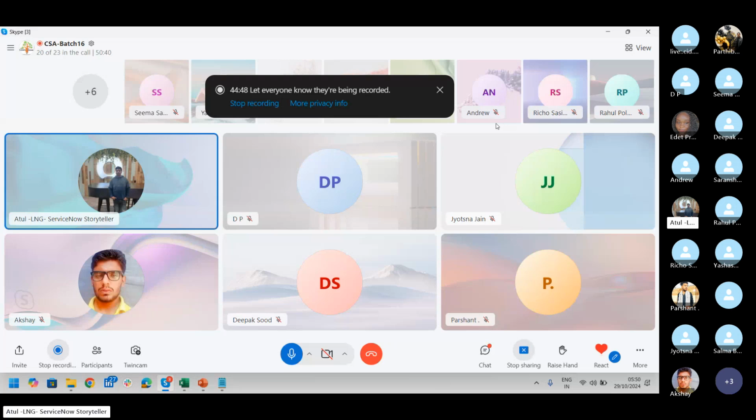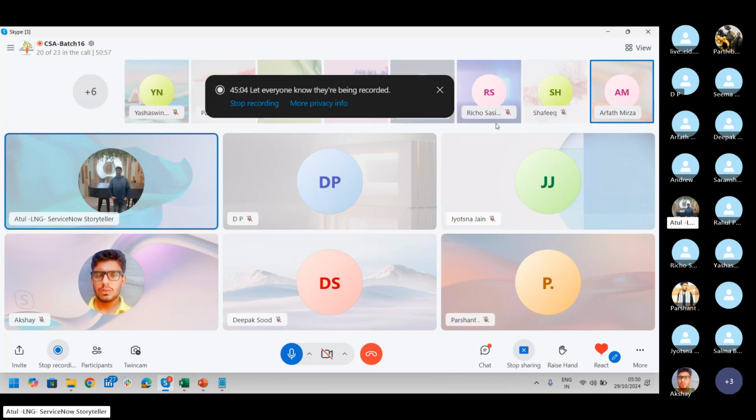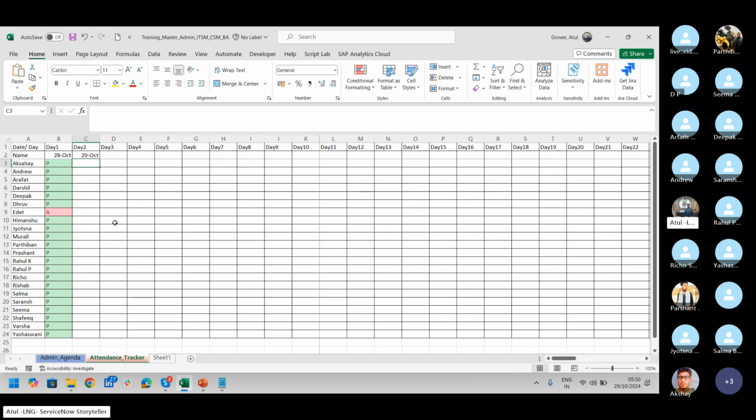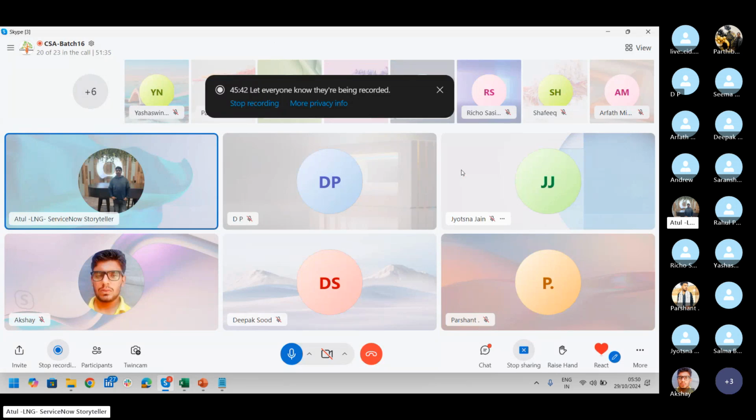These Excel, PowerPoint, Word, Notepad, what do you call these things? Software? Tool? Yes, it's a software, it's a tool, right? And what do you do in these tools? You record your inputs or you get some outputs. Like in an Excel sheet, I'm recording your attendance here. I'm entering the data, and after some time I can analyze this data and get results as well. In the same manner, in layman language, if I say ServiceNow is a tool,